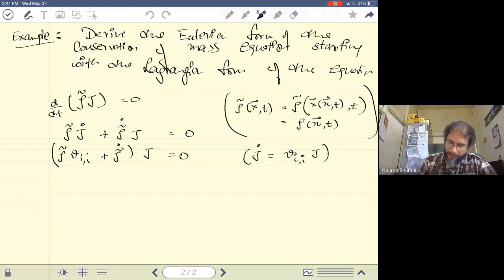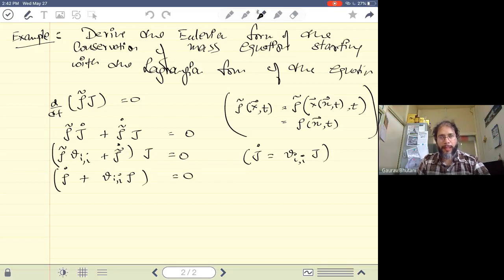All right, so we will apply that here. I'll just move around the terms in the addition. So this becomes rho dot. Remember the tilde is gone because now we're describing things in terms of small x and T. And then we have v i comma i times rho, and that is equal to 0. The reason is that the Jacobian is not equal to 0, because if the determinant of the Jacobian matrix becomes 0, then the inverse mapping is not possible. So we know that J is not equal to 0, so we can apply this.